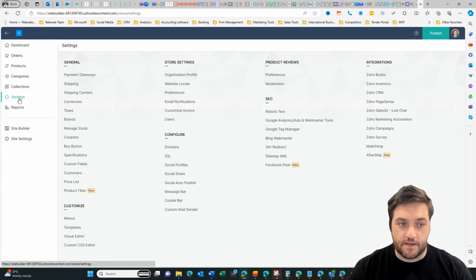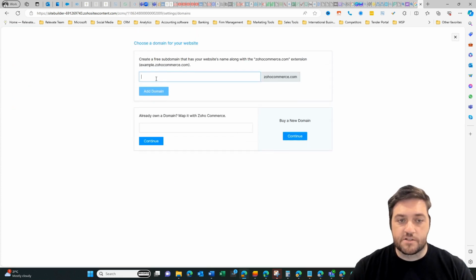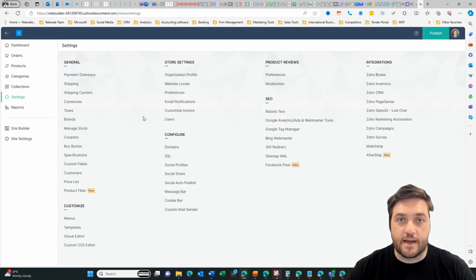Then once we're in the top settings area, we can come over to this configure section and you can see we've got domains and SSL. First of all, you need to have your custom domain configured, and you do that by adding your domain. Once you put the details in, if you've already got a domain, you can put it in here and then click continue. You're going to get some extra information that you need to send to your developer or put into your domain name manager. Now we use Ripper Hosting, that's one of our businesses, and a link will be in the comments. So once you've authenticated your domain, come back to the settings area and then go down to the